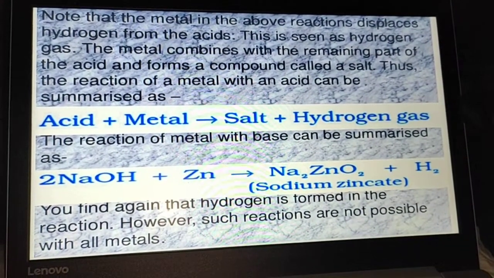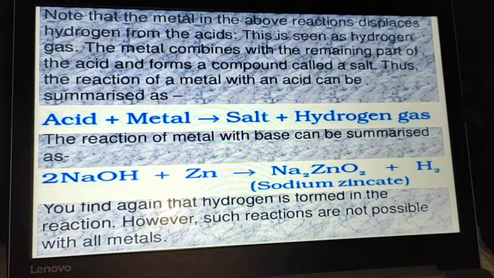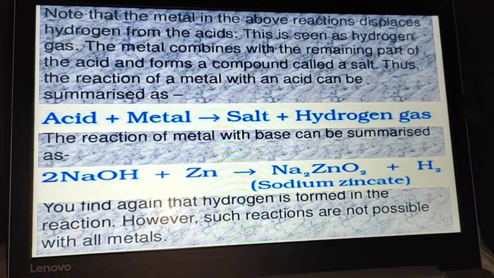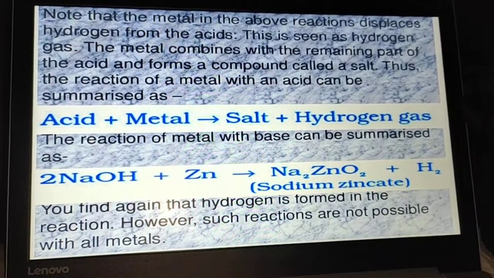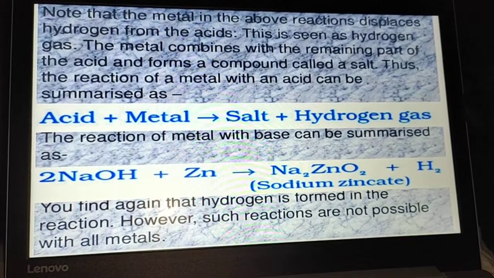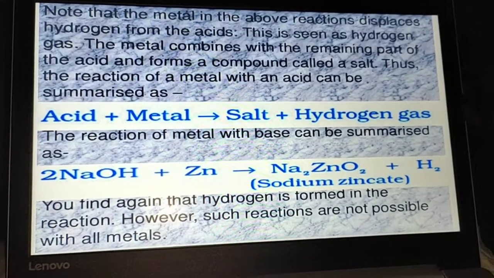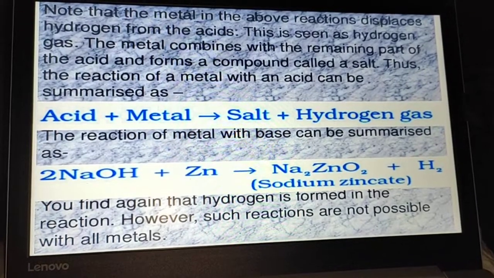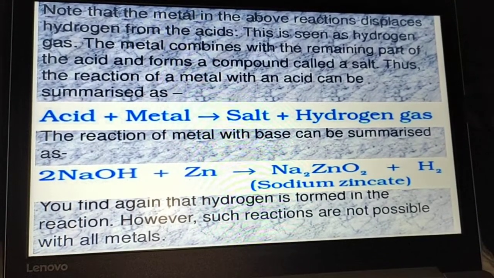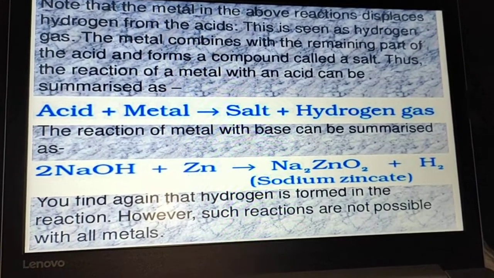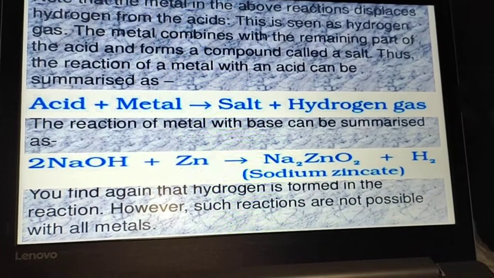Note that the metal in the above reaction displaces hydrogen from the acid. This is seen as hydrogen gas. The metal combines with the remaining part of the acid and forms a compound called a salt. Thus, the reaction of a metal with an acid can be summarized as